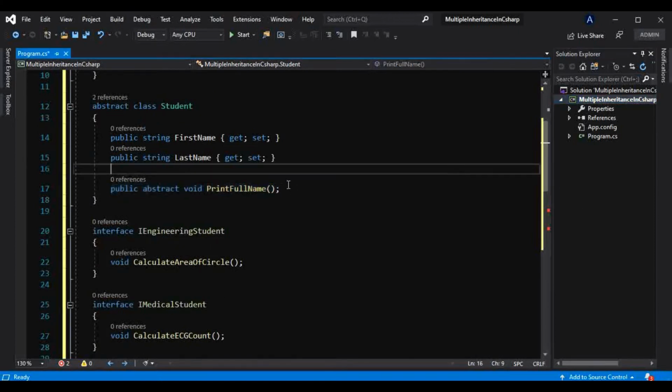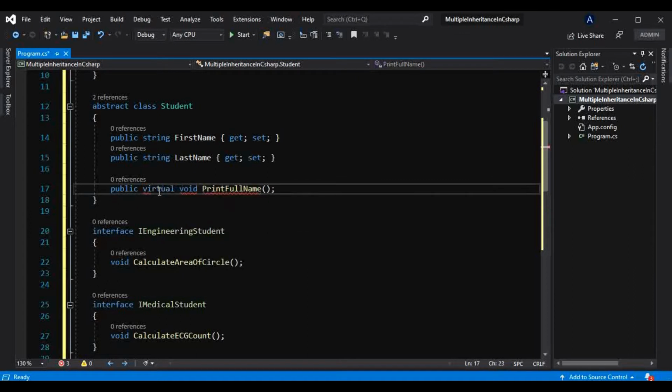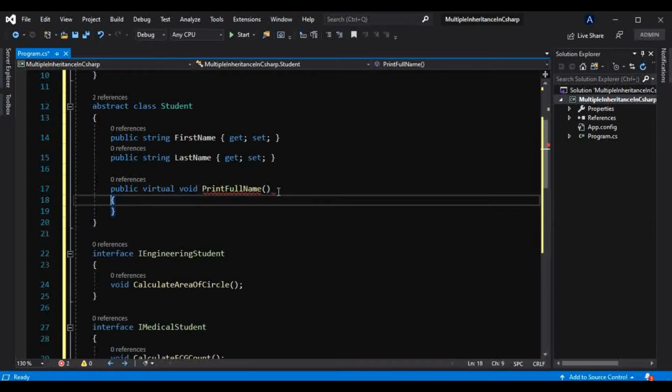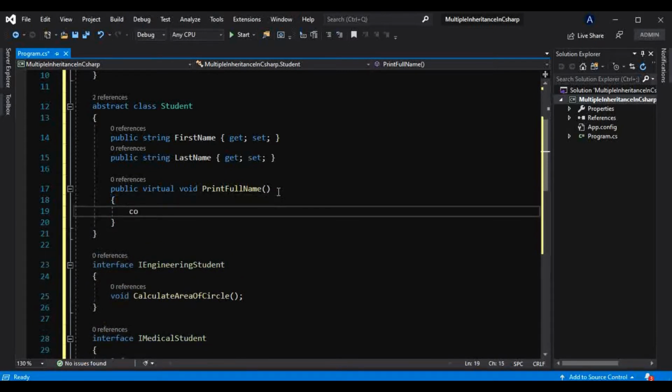Or otherwise what we can do, instead of making this abstract, we can make that virtual, and we can provide the implementation right here. Okay, so anyway we know what the implementation can be. We only have to concatenate those two, first name and last name.